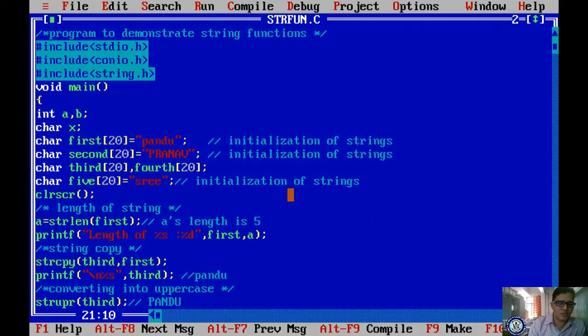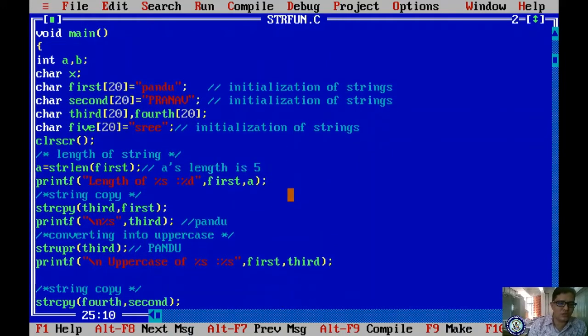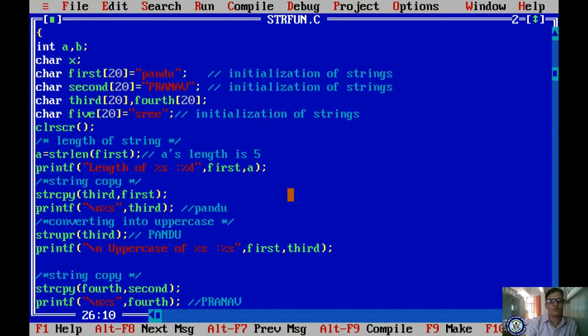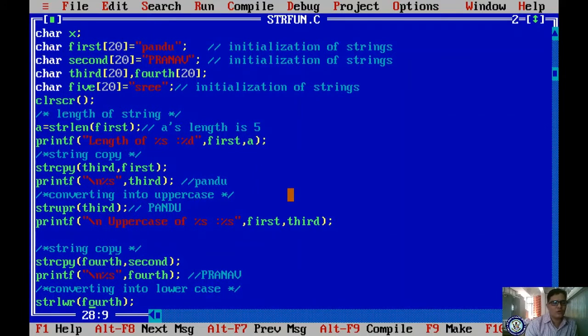And by using this strupr you are converting the string into uppercase, and by using this copy function you are copying one string into another string. Always you are supposed to mention that the right hand side is the source and the left hand side is the target, okay. Now you are displaying the lower function.